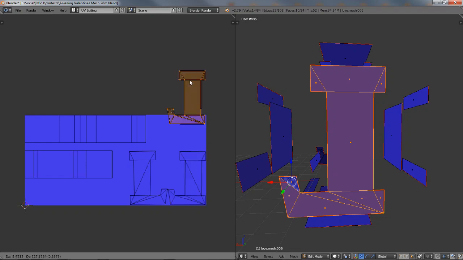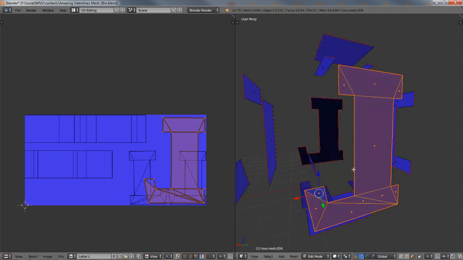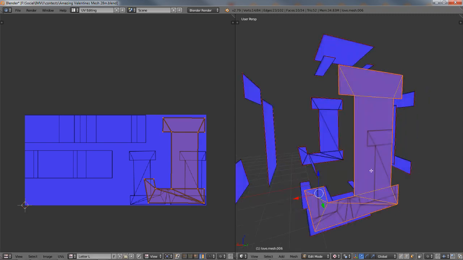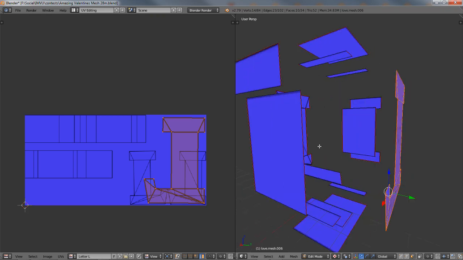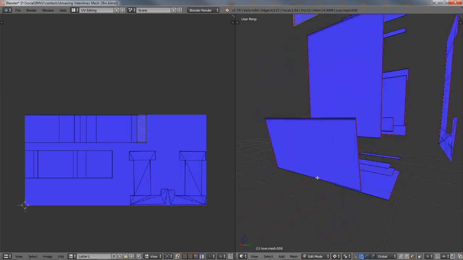So this is the UV map for that section. It'll map the entire height to that section of the mesh, but it's a UV. And it'll do that with each